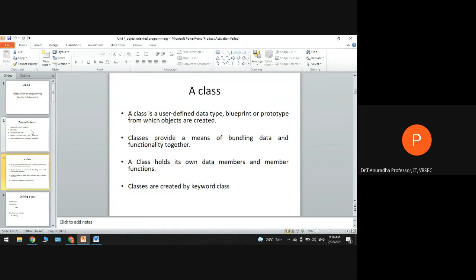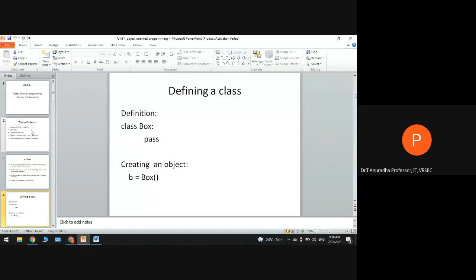To create a class in Python, we need to use the class keyword. So this is how we can define a simple class. As we have just discussed, for creating a class we use the class keyword, followed by a space, then your own name. Suppose I'm creating a class called box, class Box.